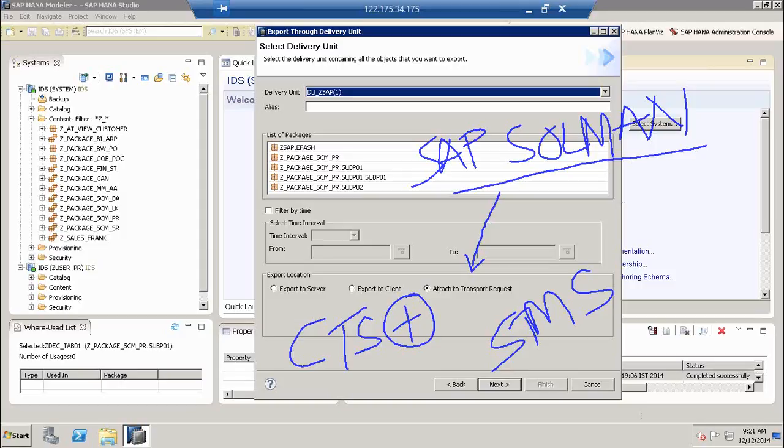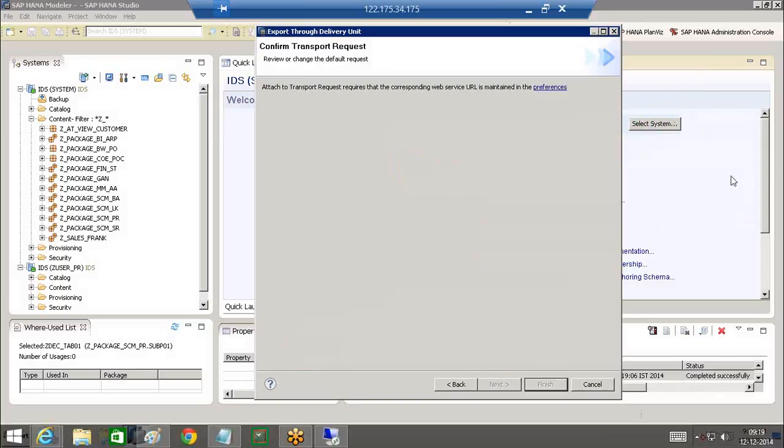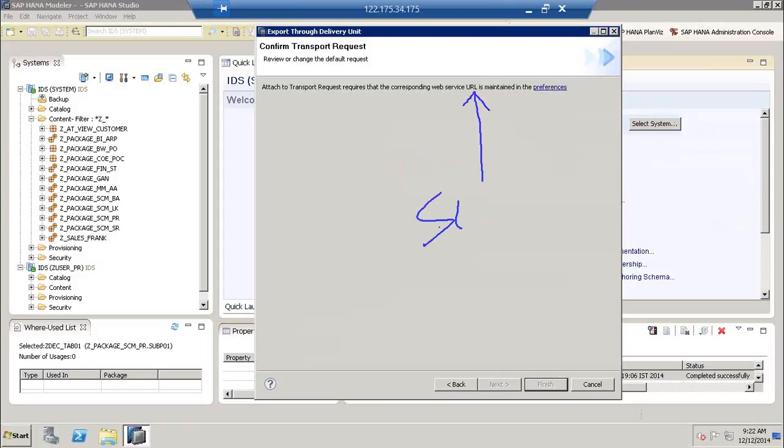So when you select and click on next, it is going to ask us to go to the URL where you will be able to log on to the Solution Manager. The URL is the Solman URL, Solution Manager URL. And if you're using the transfer request, you need the license of the CTS Plus. You will require the license of the STMS,